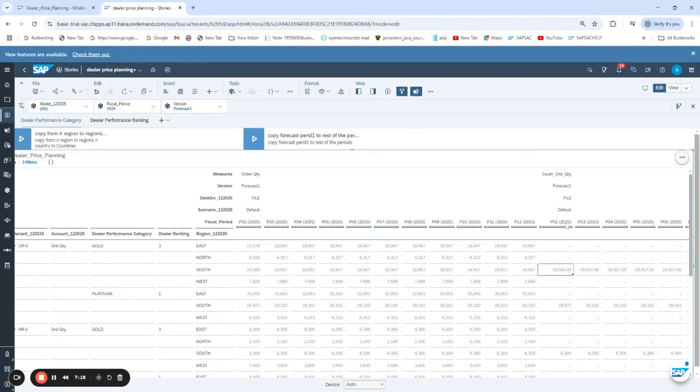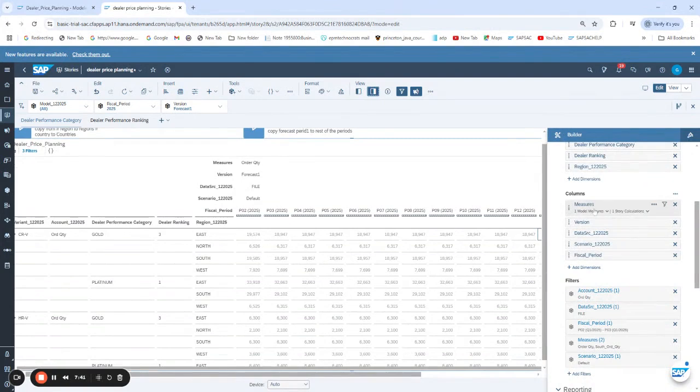But this is not the way I'm expecting. I want to compare my east with the south. If I place south here, that would be easy for me to compare, right? Otherwise, against the east, there is nothing. But it should not be like that. So let me modify my